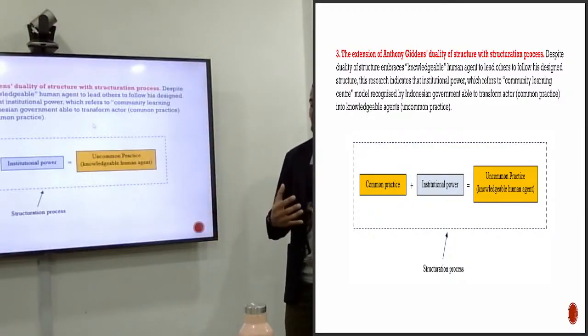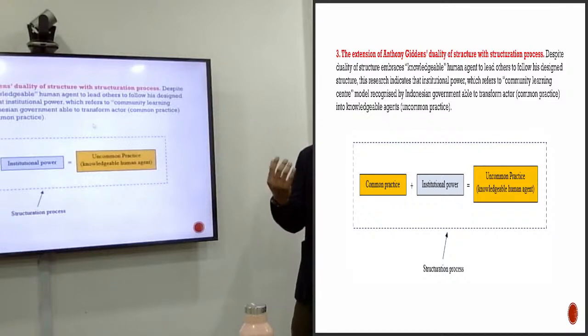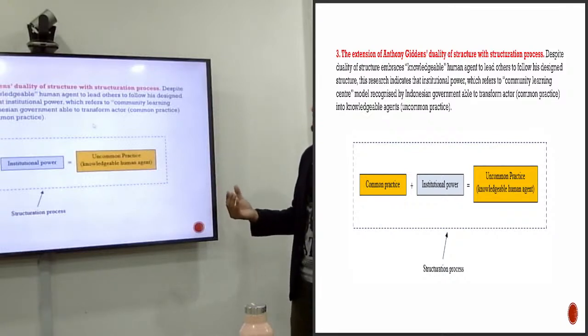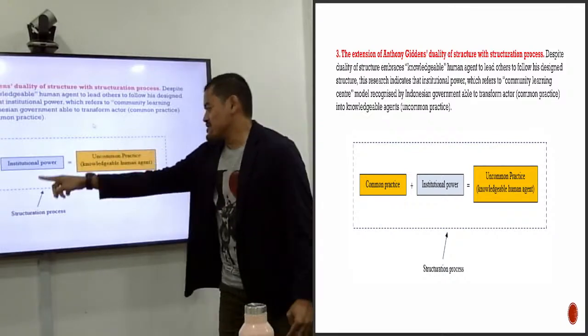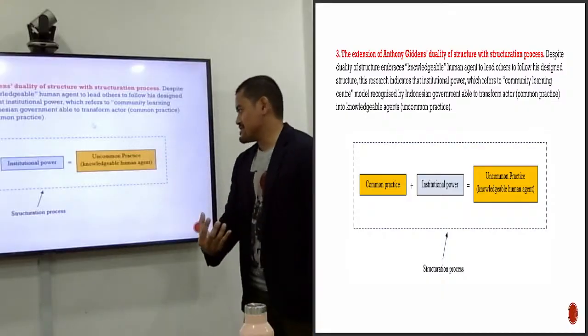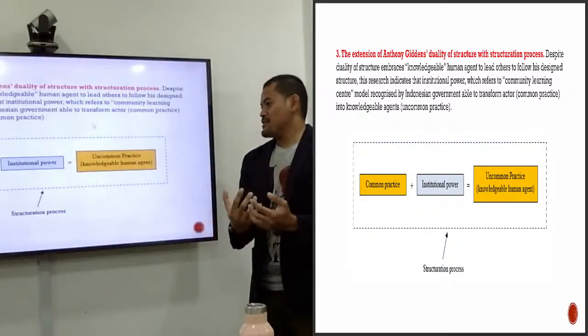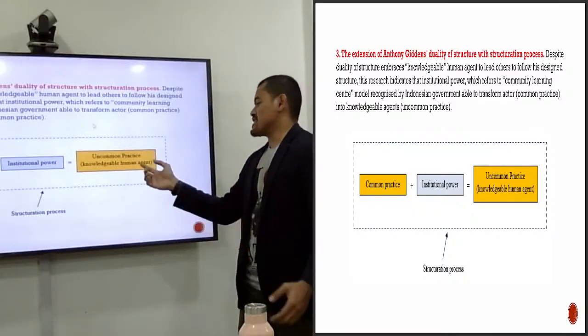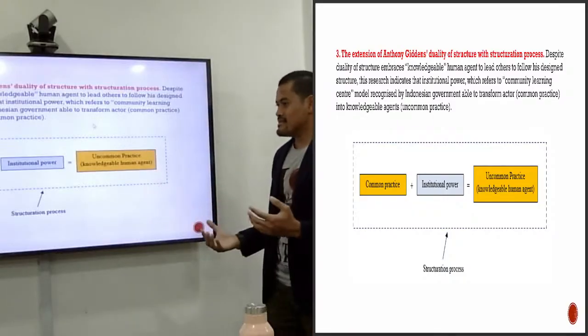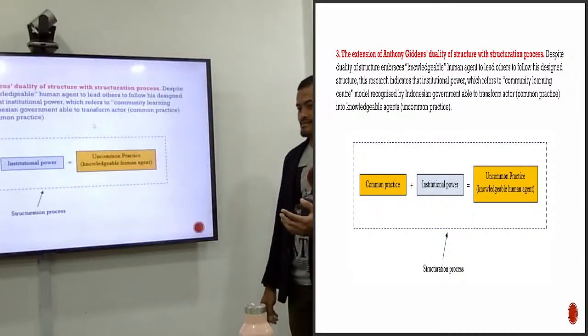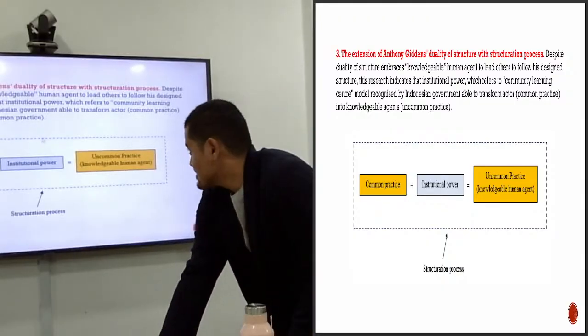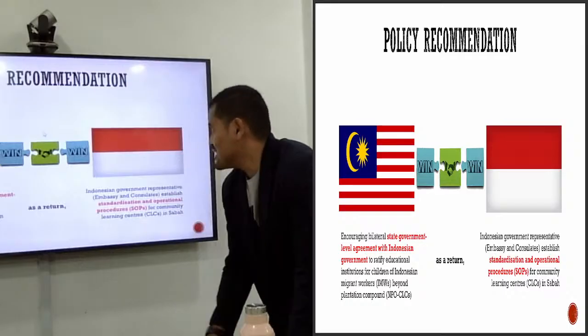Everyone is an actor, and the actor can turn into a human agent, and this is what I call the structuration process. So the common practice, and because of the existence of institutional power, it allows the actor to practice uncommon practice, and they turn into the human agent. So that is my third contribution, and last is my